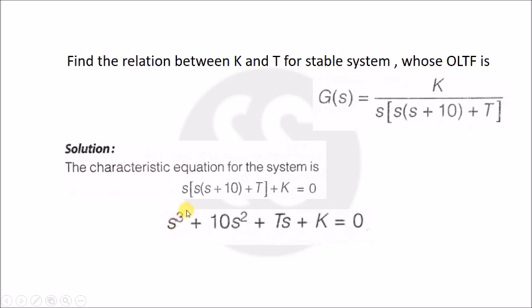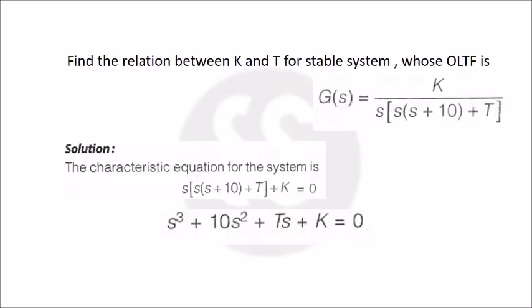Then there is also no missing power, you can see the powers 3, 2, 1, 0. But the thing is, these two are unknown, that is t and k are unknown. If the value of k and t becomes negative, the system becomes unstable, but we do not have any idea about the value of t. Ultimately the question says the system is stable. In that case, system is stable means there should not be a negative sign, so t and k will be positive. Okay, so fine, t and k are positive, but what is the relation, which is greater and which is smaller? I mean, either t is greater than k or k is greater than t, that we need to find out.